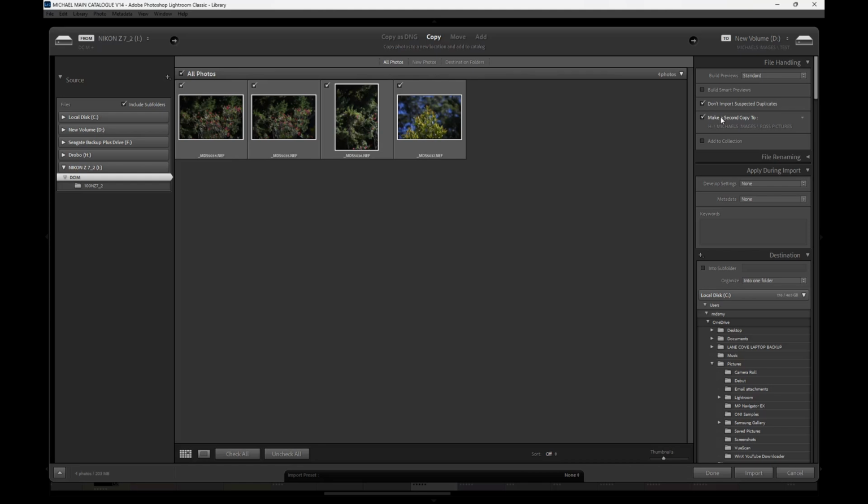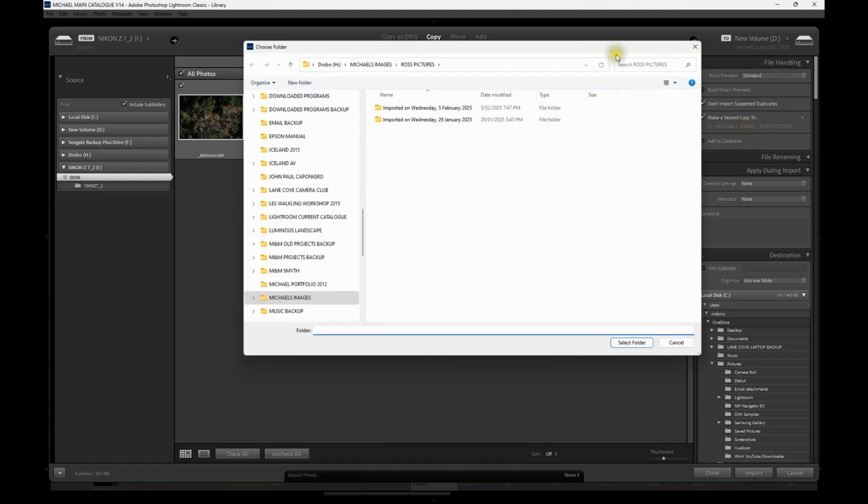And this works really well, particularly if you're traveling and you're downloading on a daily basis onto a laptop. And if you have an external hard drive connected, you can, on the fly, make two copies of the file straight away, and you've got an insurance policy in place. So the same thing would happen here. Now that I've opted to make a second copy, I'm going to click on that description, and it will take